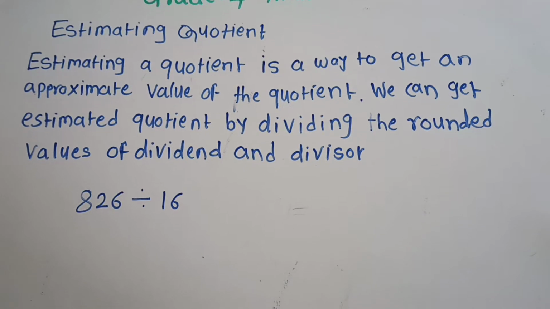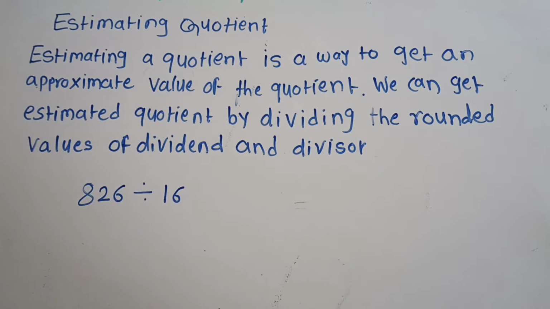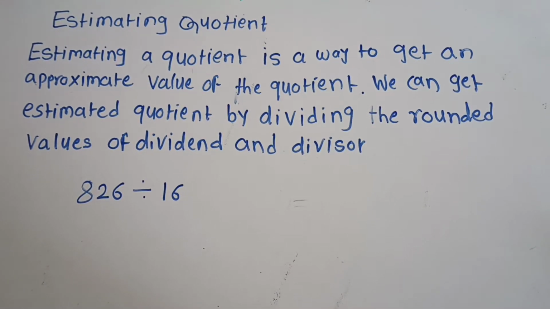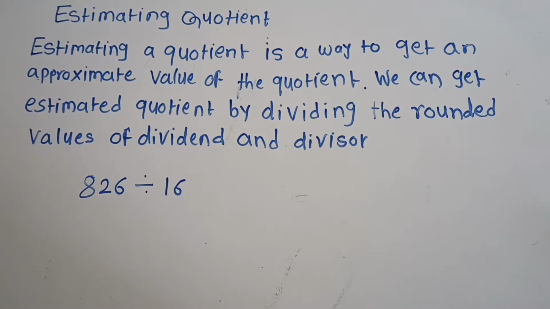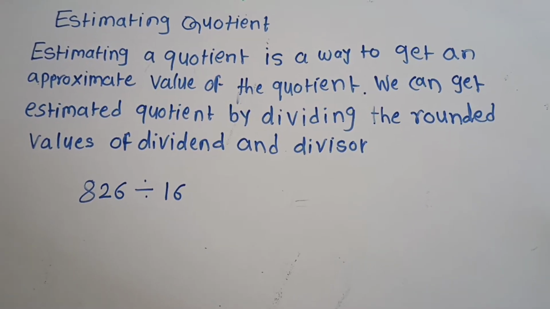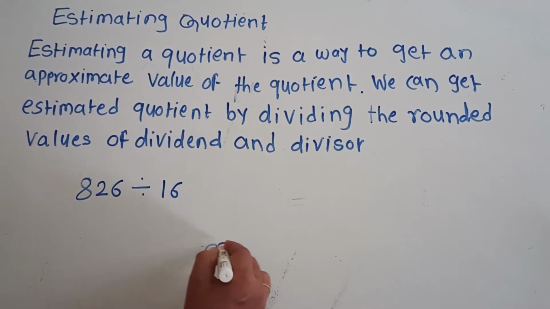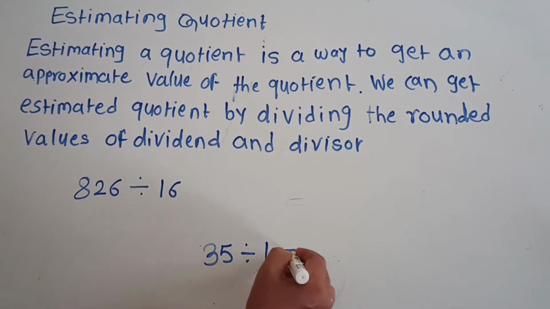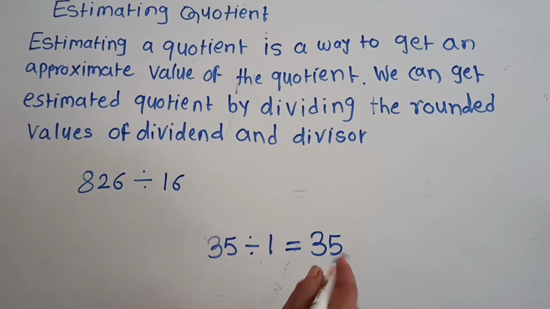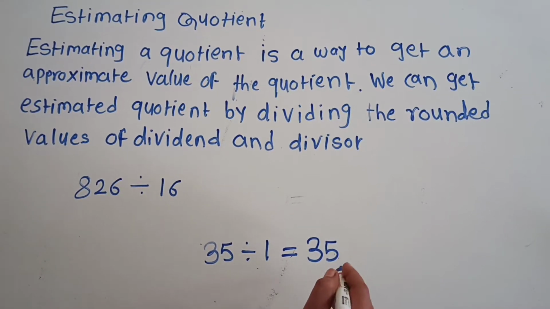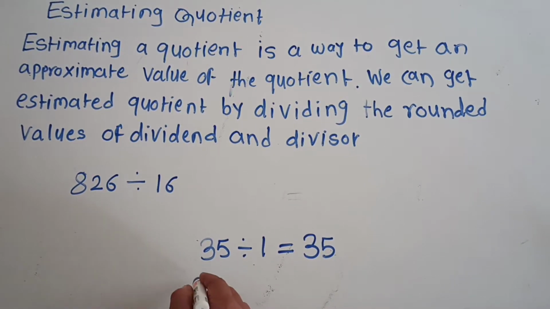Our division chapter is going on, and in the previous session we learned about the properties of division. When a non-zero number is divided by 1, the quotient is the number itself and the remainder is 0. Means if 35 is divided by 1, the quotient will be 35 and the remainder is 0. Or when a number is divided by itself, like